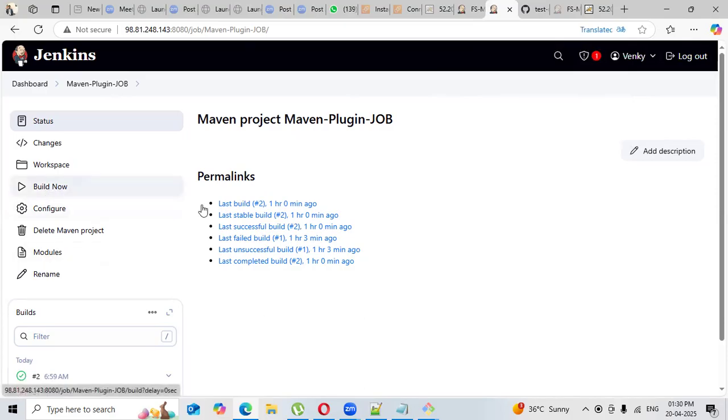So I click on build now. Why? Because I have not selected the trigger Poll SCM option. I'm building it manually, and I'm clicking here to see how the build is happening. This job doesn't have many builds, only one or two times have been executed. Now, if you click on,